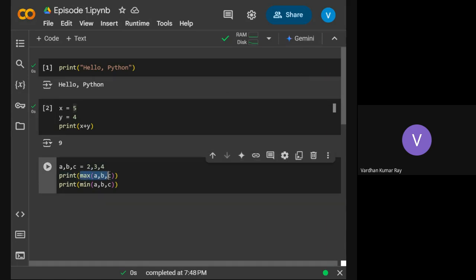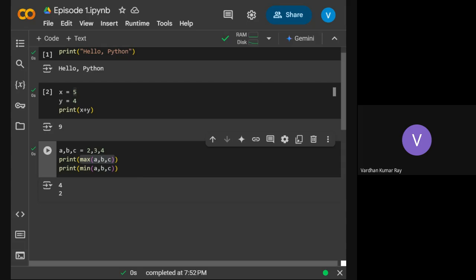It's taking 3 values and, as the name suggests, I'm predicting it will give me the maximum of a, b, c. But they're different in some way. The function print and the functions max and min are different in some way. Let me just run it. Yes, so it gives me the maximum and the minimum. As we go forward, we will see how the print function and the max function are different.